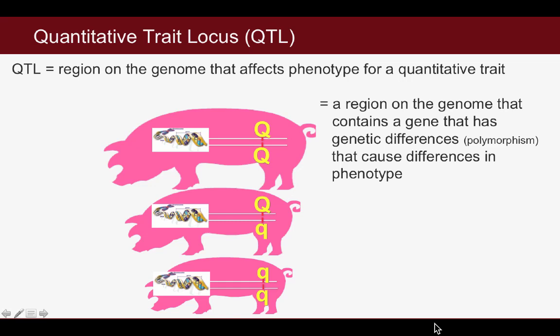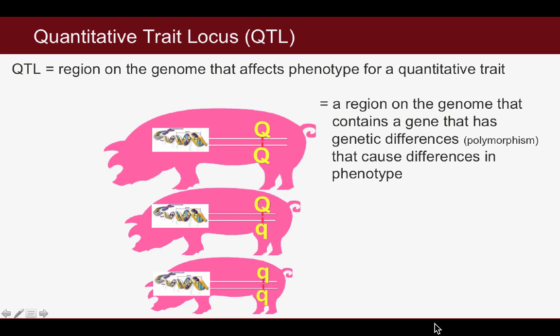So quantitative traits are affected by multiple genes, many genes. They're typically spread across the genome. Now we can find these genes by finding loci that are variable in the population. In other words, loci that are polymorphic, and for which the genotype at that locus is associated with the phenotype